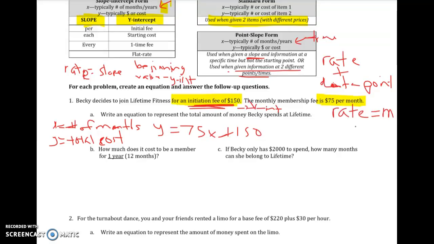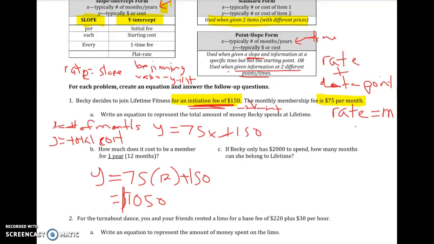Okay. So now I've got my equation. Y equals 75x plus 150. How much does it cost to be a member for 1 year? Which is 12 months. So remember, x stands for months. I plug in for x. I plug in 12. So 75 times 12 plus 150. And you take out your calculator and you do 75 times 12. And you get 900 plus 150 is $1,050